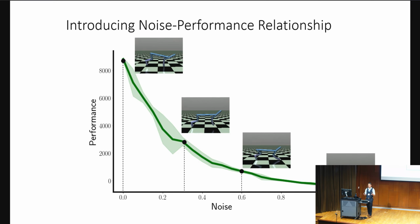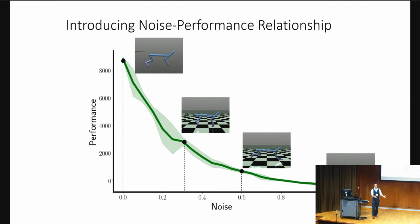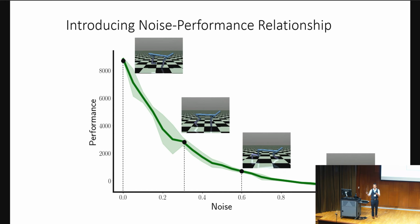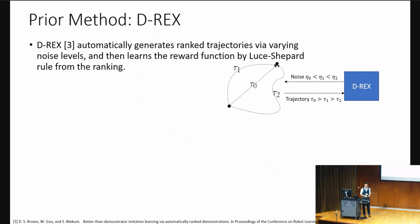And that's the key. If we can figure this out, then what we can do is have a robot imitate a person, add noise to itself, know how much worse it's getting with increasing amounts of noise, and then we could figure out kind of what negative noise looks like and optimize for that, even though that's not a physically meaningful thing. So some prior work, Drex,